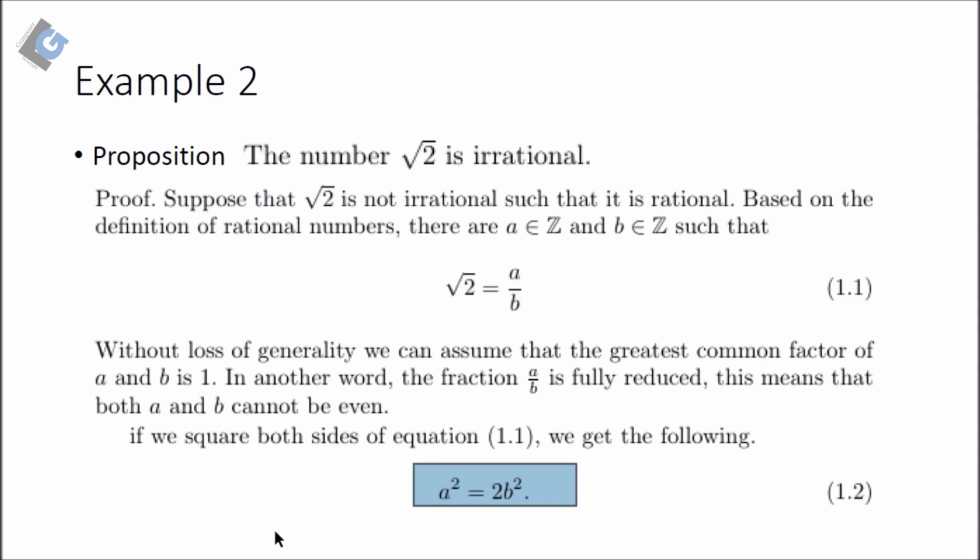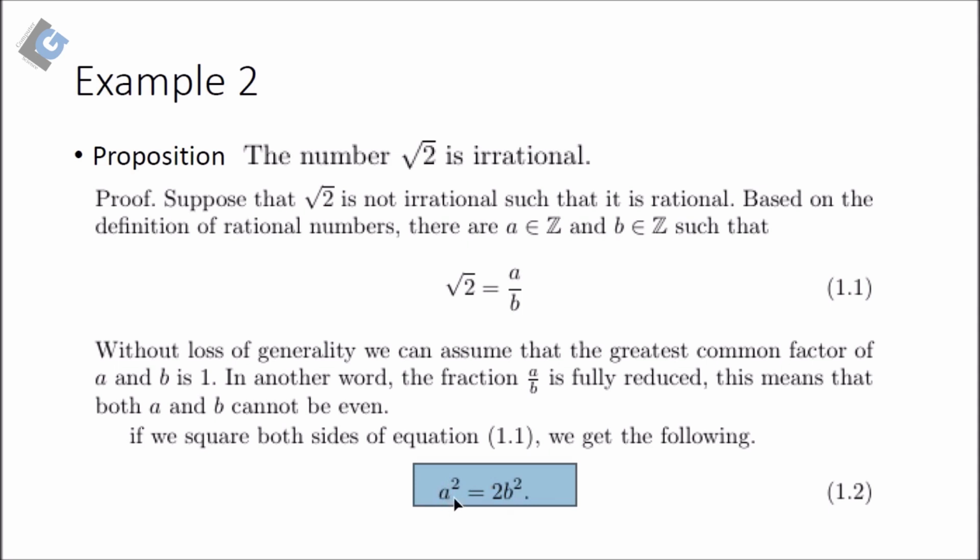Which becomes A to the power of 2 equals 2 multiplied by B to the power of 2. So that's equation 1.2. So this equation tells us